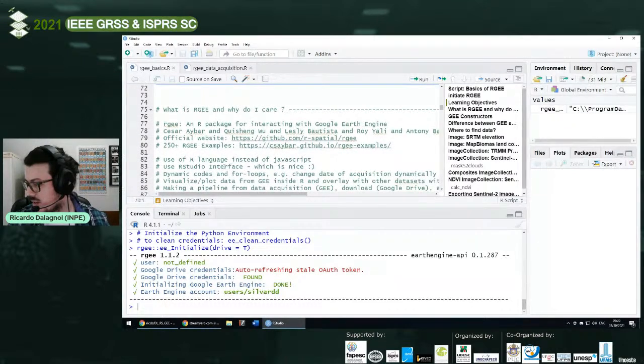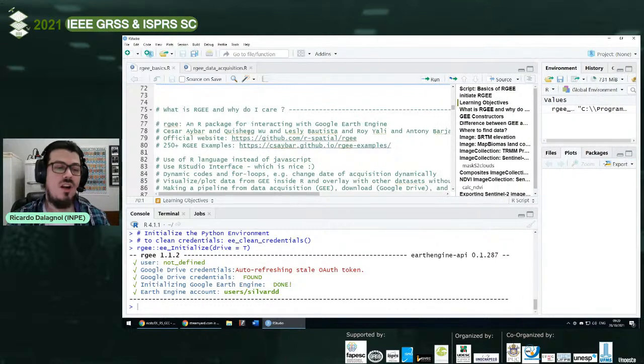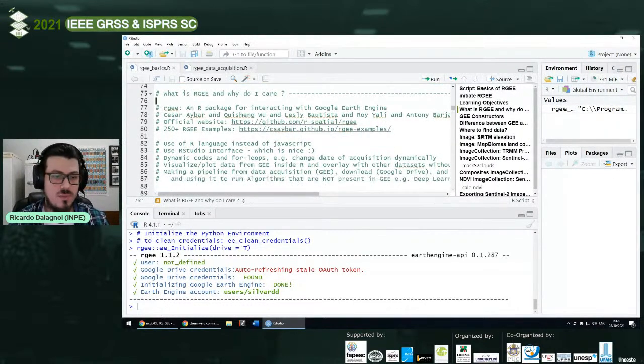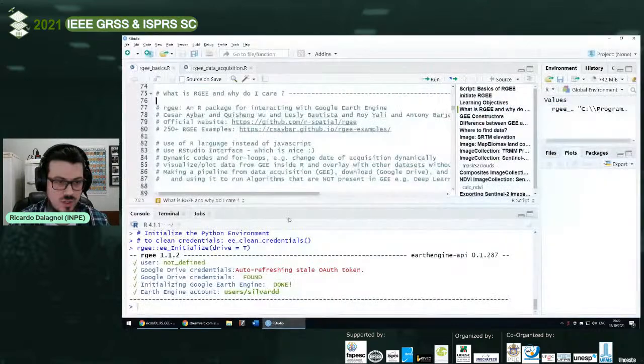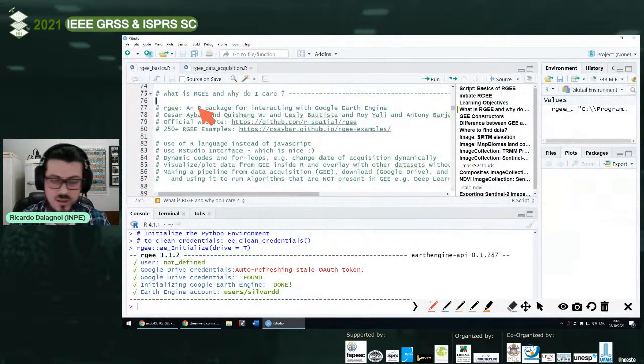And I already see that some people are able to enter the Google Earth Engine. That's good. So what is RGEE and why do I care about this? The RGEE is a package that interacts with Google Earth Engine. Oh, I forgot to load something here. Just wait a second. It should work now. Yes, I got this. So the RGEE is a package from R that interacts with the Google Earth Engine, and it does that by